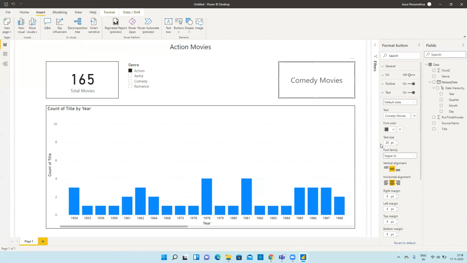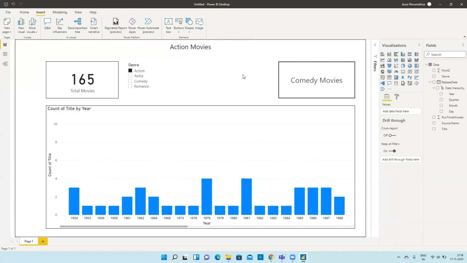Let me make the font size 20. Now if someone clicks on this button, this page should change to comedy movies, and this button should change to action movies. Right now I am on the action movies page. When I click on comedy movies, I should go to the comedy movies page within the same page.